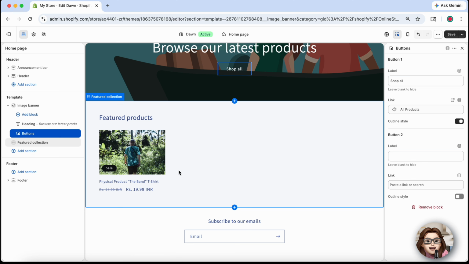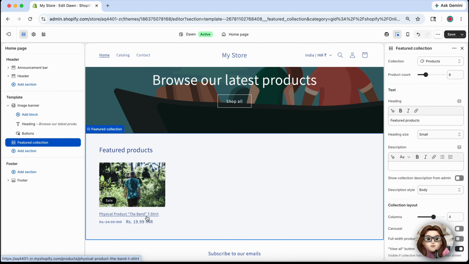And that's it. You've successfully changed the button color on the Dawn theme in Shopify, giving your store a more customized and